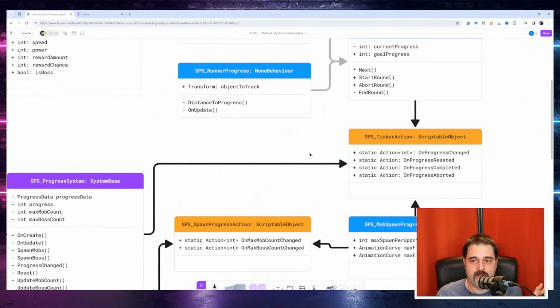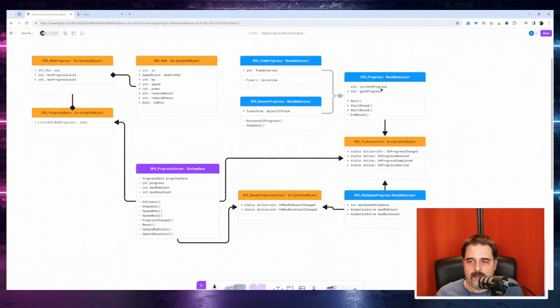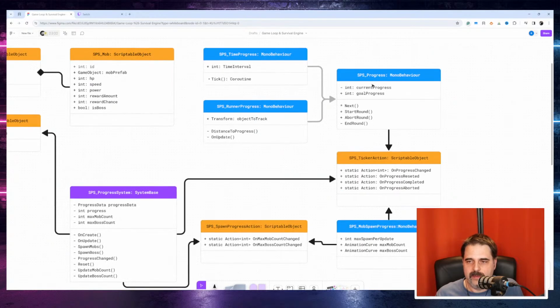No one else will need to know that. They don't need to be able to drop it into a variable and then use it or find it. You don't need to do that. You just listen to the onProgress changed or any of these, whatever is relevant for your